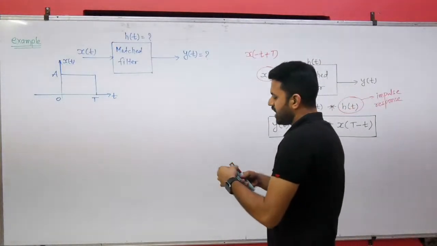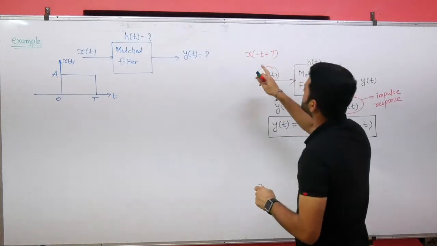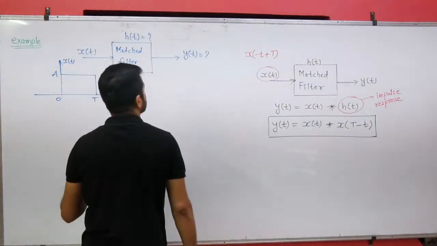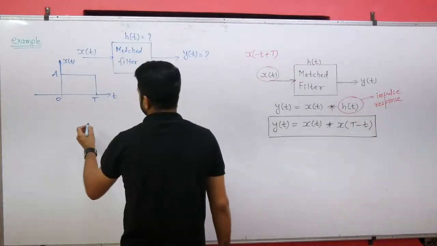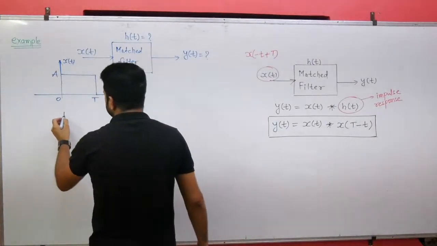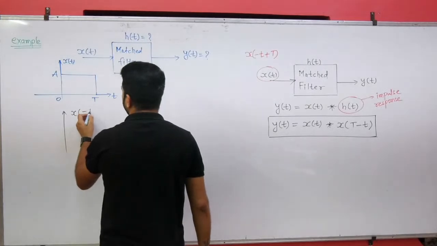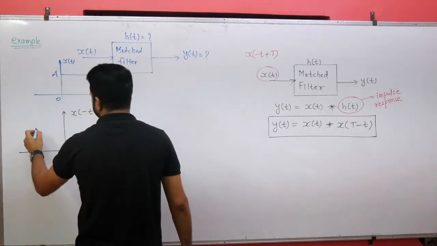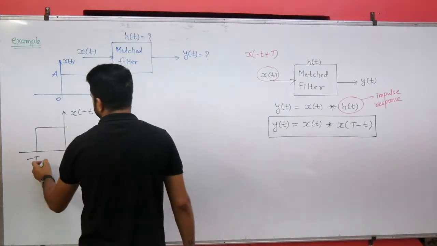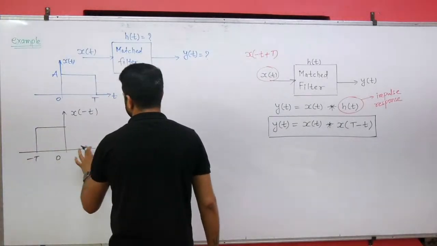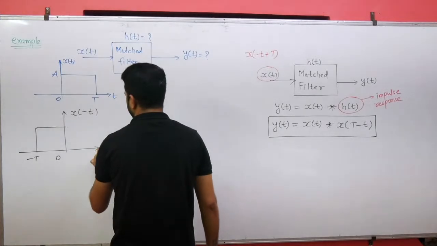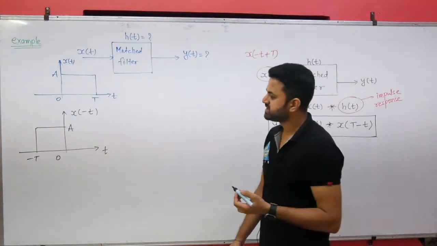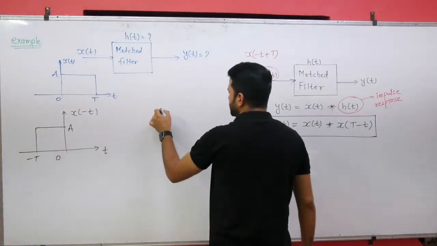So how will you draw this signal? First of all, we will draw x of minus t. So x of minus t means you will get this signal. X of minus t, you will get the same signal. And this minus t signal is